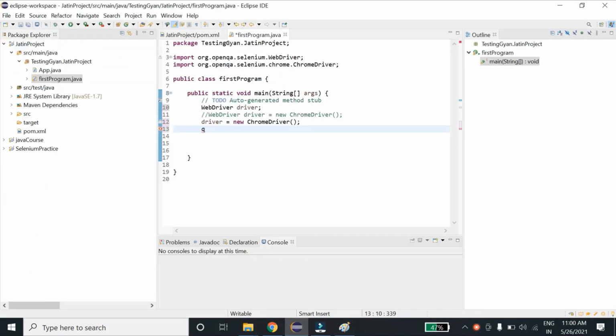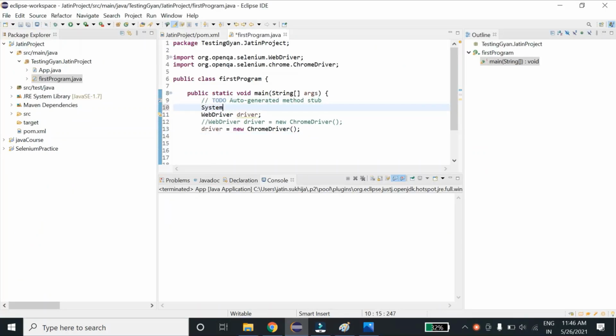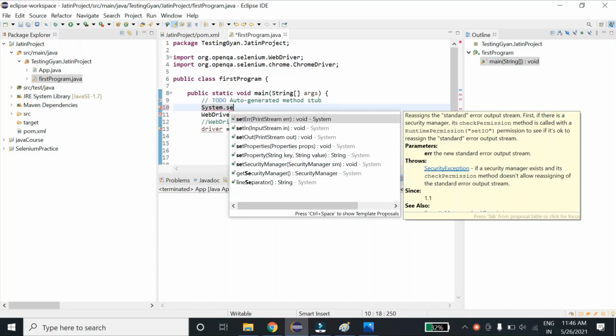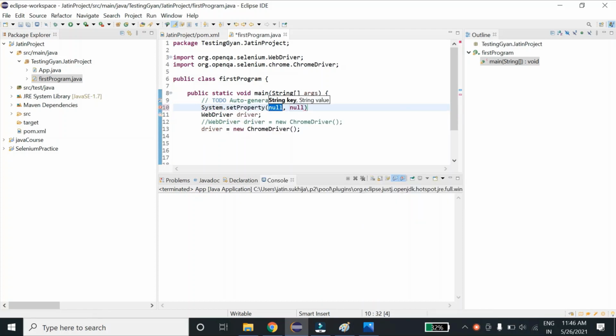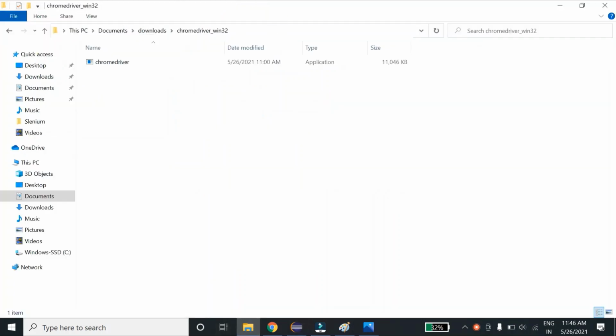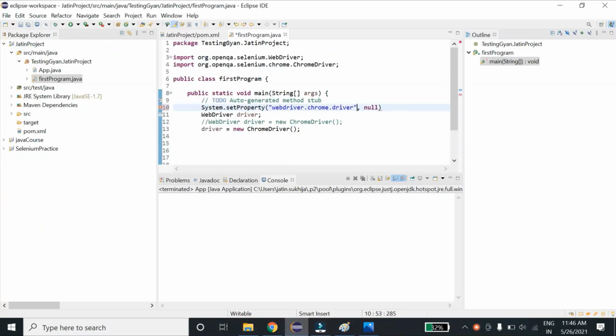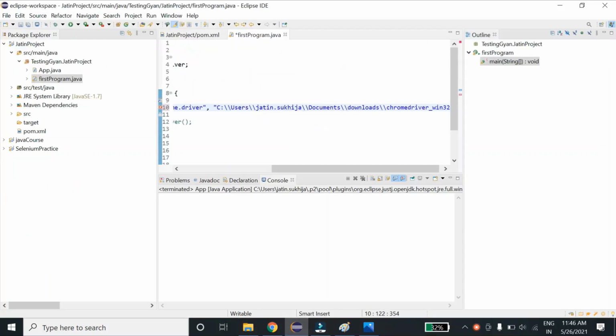Let me go to Eclipse. So here I'll type System.setProperty, and here we'll write webdriver.chrome.driver, and in the second parameter we'll give the path of this chromedriver.exe.